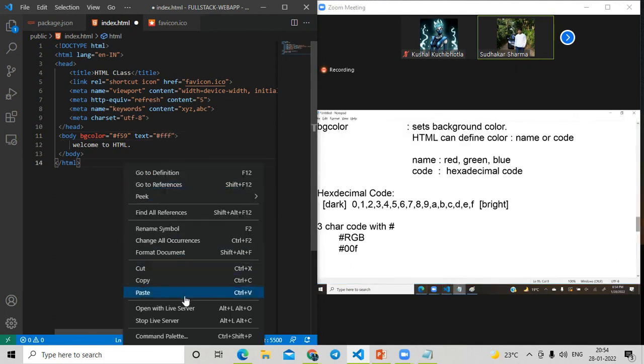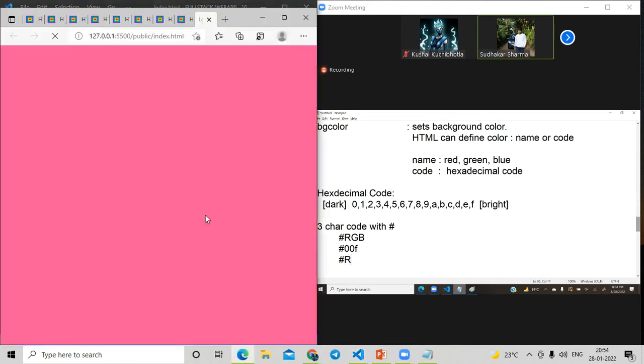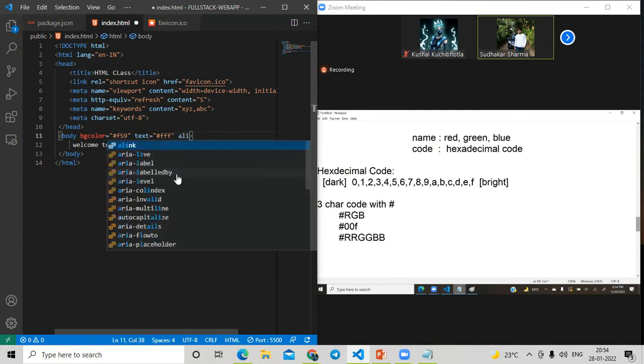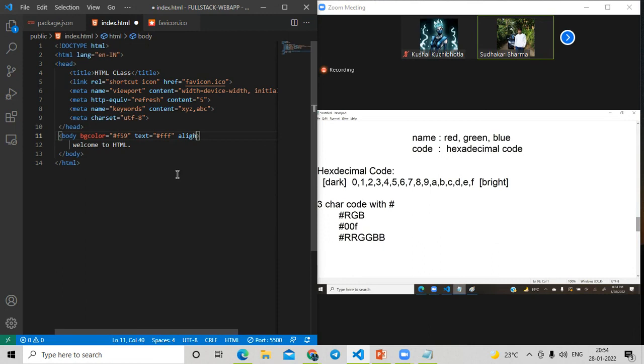We can use more values. You can use RRGGBB, 6-digit value also. That means a hexa code can be a 3-character code or a 6-character code. That means for red, 2 values will be there. That means you can mix a lighter shade of red, a darker shade of red, and combinations. You have more combinations now, right?